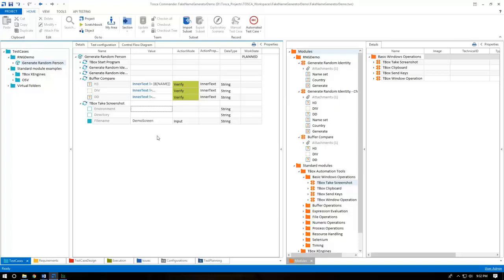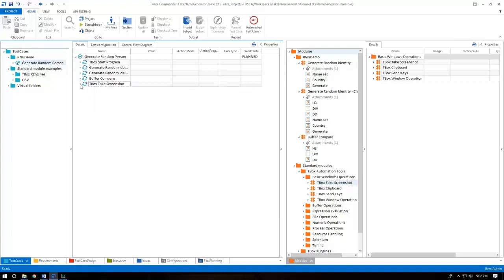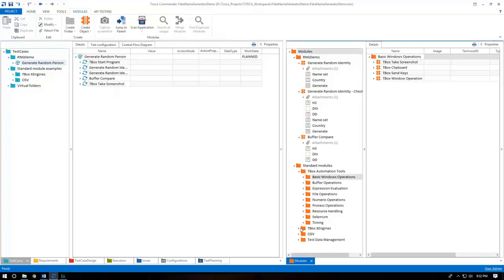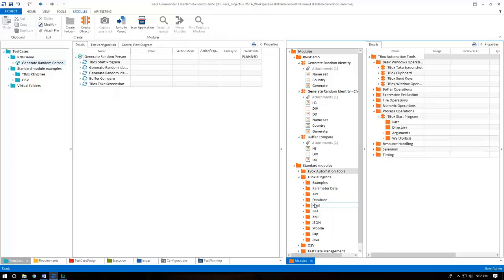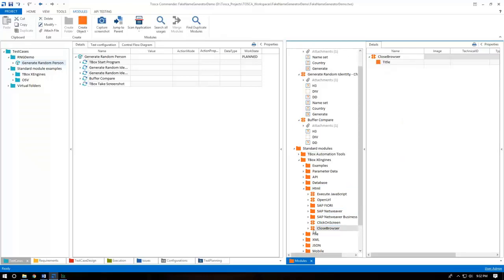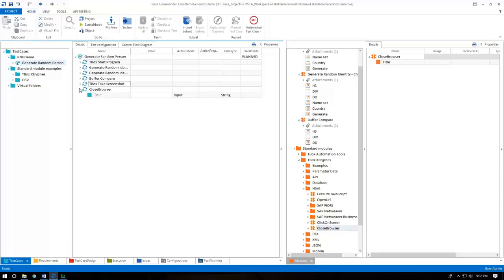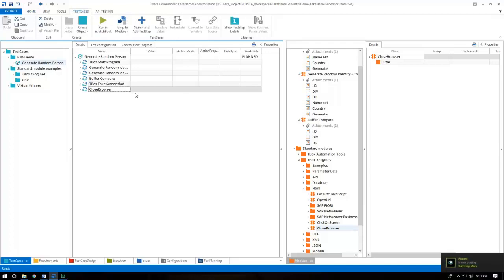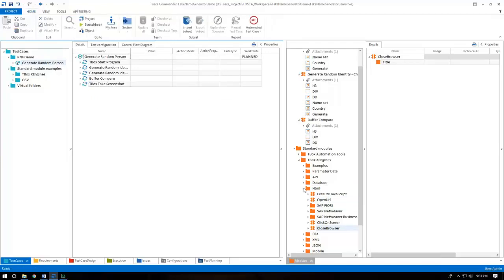And then finally, our last step for the actual run command itself is that we need to then close the program. So in this case, inside the tbox engines folder in standard modules, in HTML, we have the close browser option. So I'll drag this in. Oh, I'm sorry, that was actually an old step. So to explain that, I had the close browser option, and what that was initially